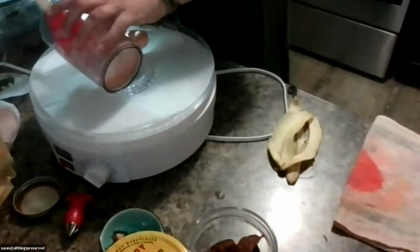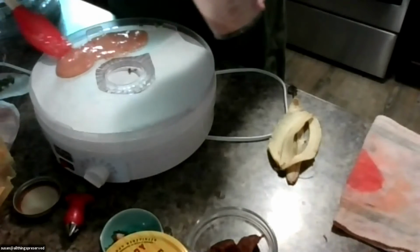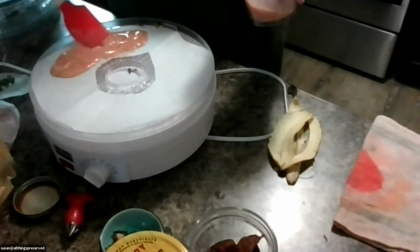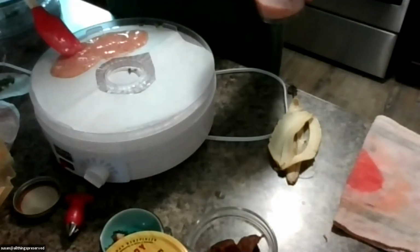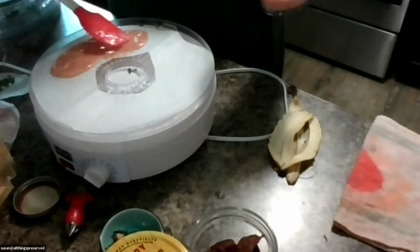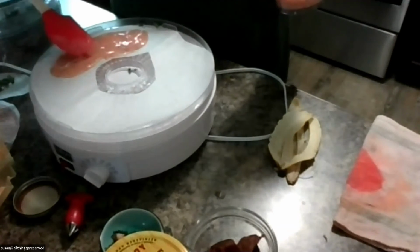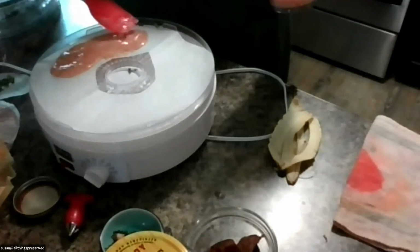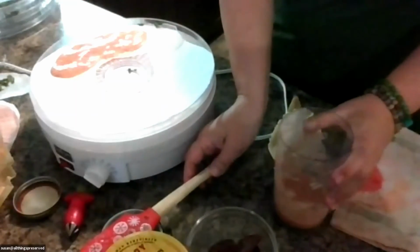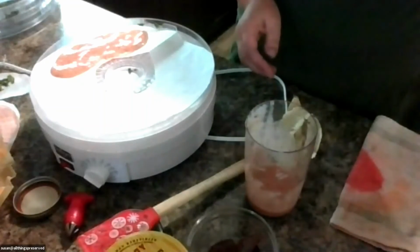And the reason I'm only putting some of this in is because I want to show you how you get to play around. So this is banana strawberry with some kombucha in it. So I've just spread that out, not super, super thin, but that's something you can play with as well. Depends how impatient you are in the drying process. But here's the fun part. I am going to add,